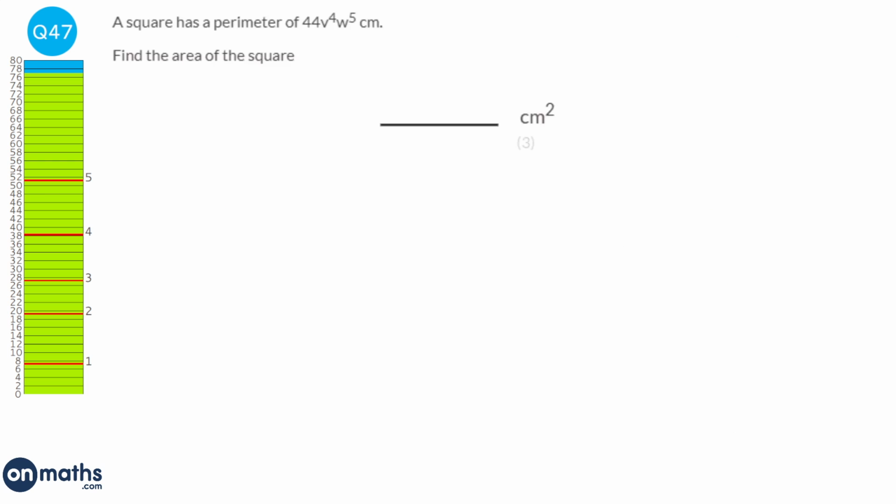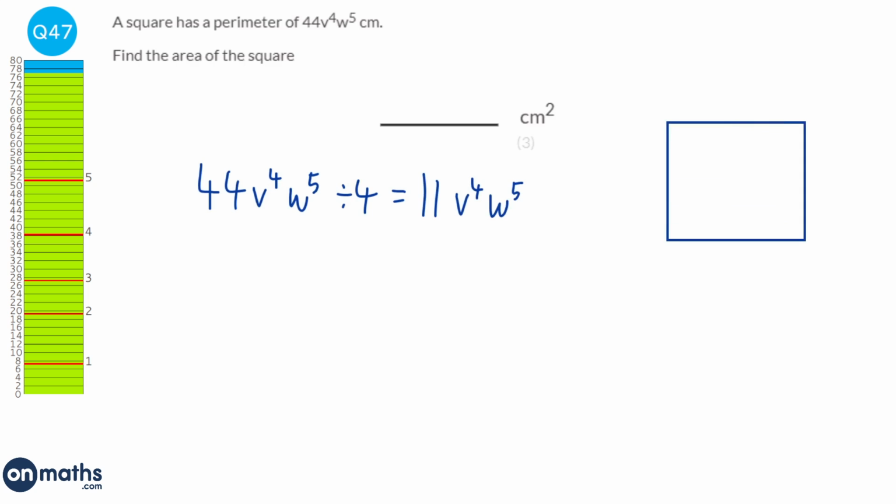So we need to first of all work out what the length of the side of the square is. And to do that, what we do is we get the 44v to the power 4 w to the power 5, and we just divide it by 4. And to do that, all we need to do is just divide the coefficient by 4. So it'd be 11v to the power 4 w to the power 5. Some people will try and do something with the v to the power 4 w to the power 5, but if you think about it, if I just draw out my square, if it's 11v to the power 4 w to the power 5 all the way around,